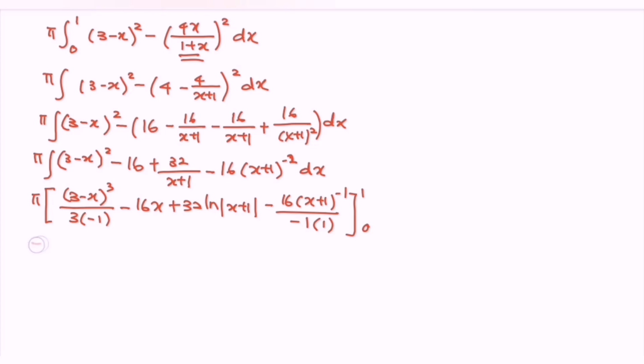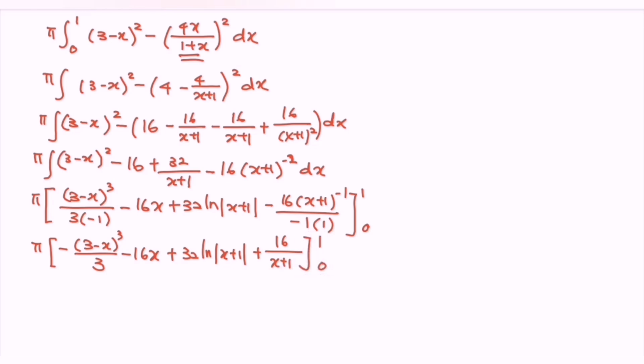Kindly rewrite the situation. We have pi times the bracket: negative (3 minus x) to the power of 3 over 3 minus 16x plus 32 ln of x plus 1, plus 16 over x plus 1, with limits 1 and 0. If we substitute 1, we have negative 8 over 3 minus 16 plus 32 ln 2, and then plus 8. If we substitute 0, for sure we will have negative 9 plus